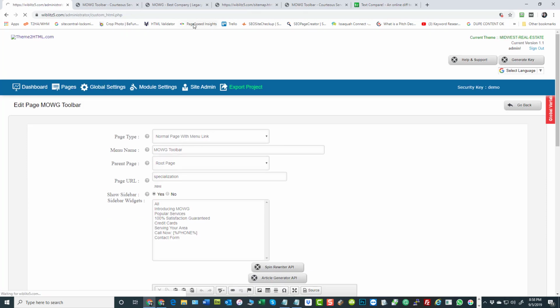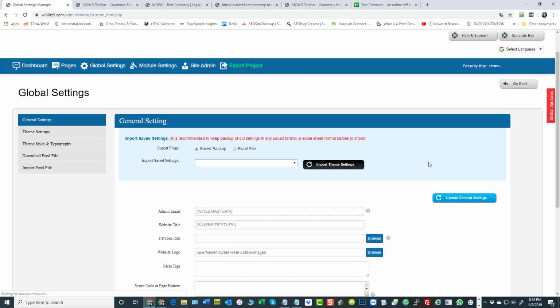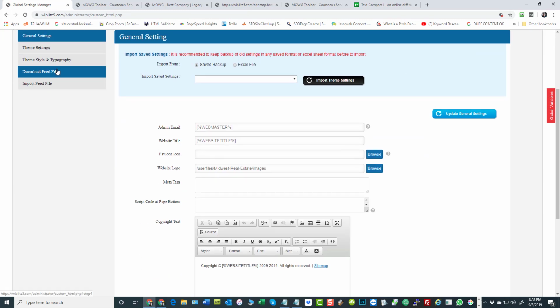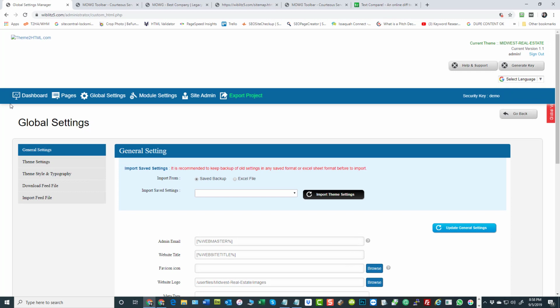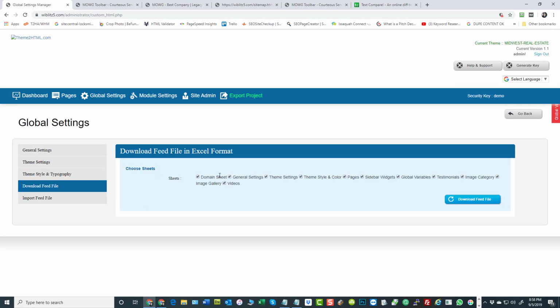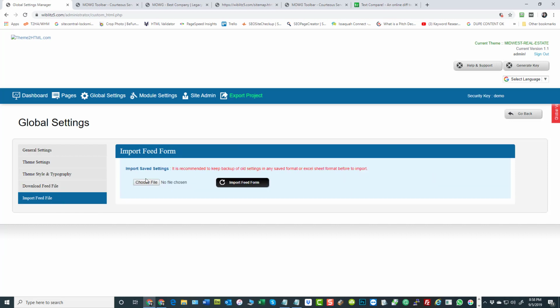Now, there's one last thing that you'll want to learn because it'll be cool. The whole website, whatever template you're on, okay, make sure you're on the right one, like current theme happens to be this. If I download the feed file with all of these things selected, it will be for Midwest Real Estate, and it will say it on the first tab of the Excel file. What is this? You're downloading everything for this theme, and if you go to import, it will import. You can import that Excel file with any changes you made to it,